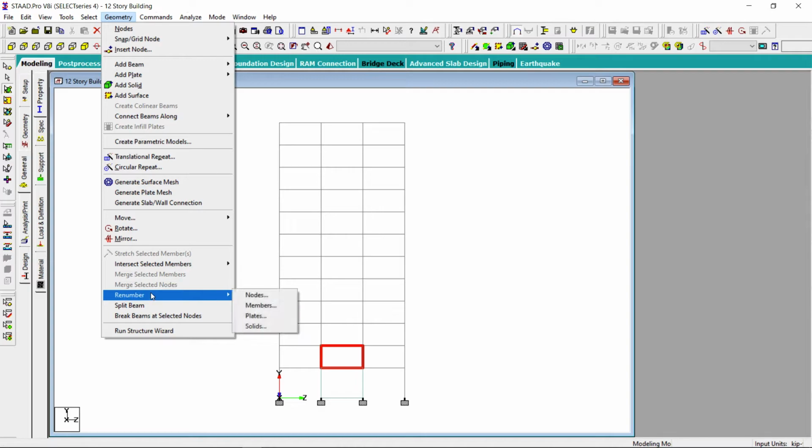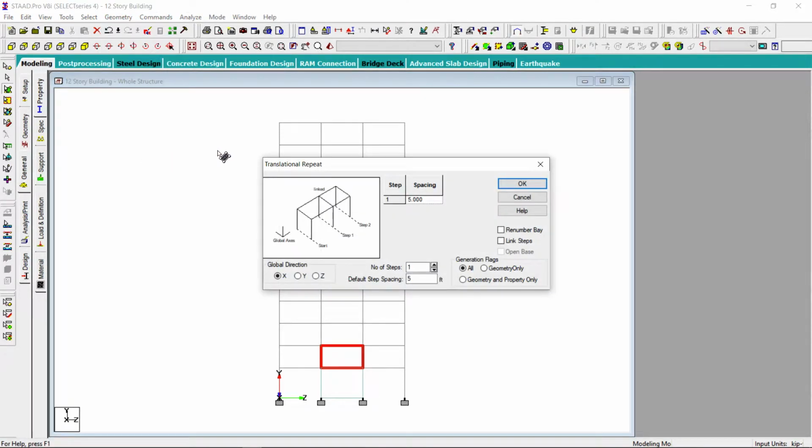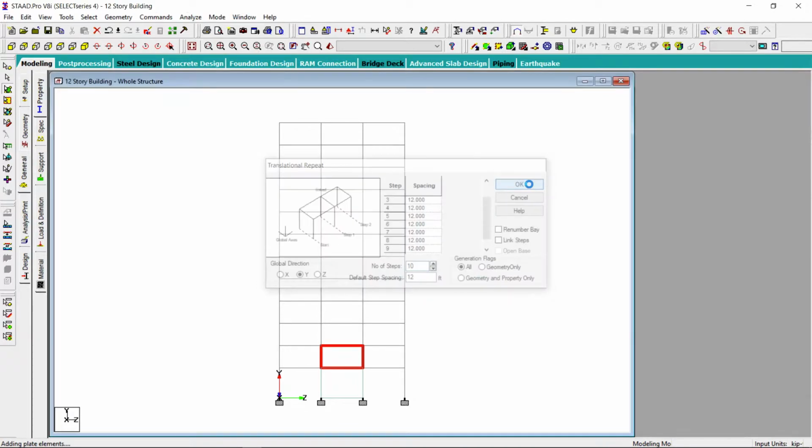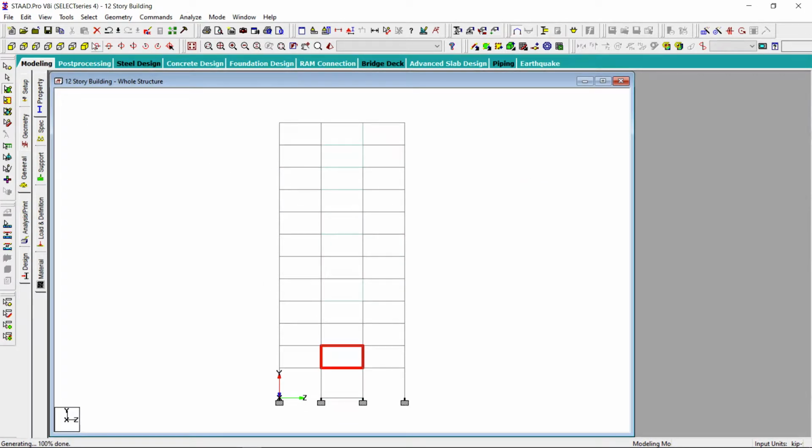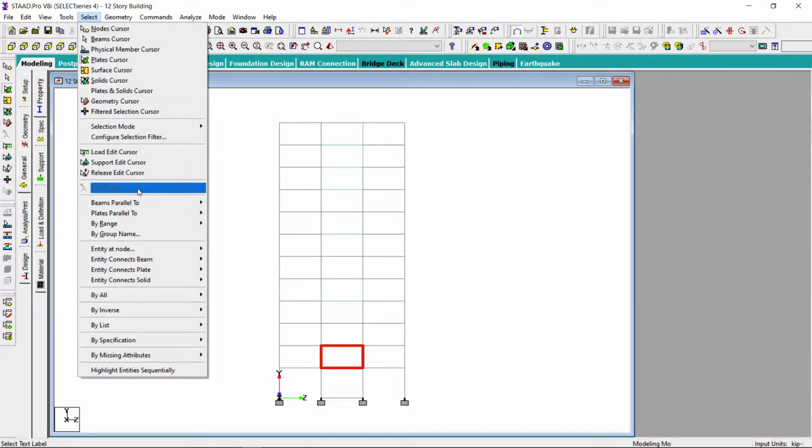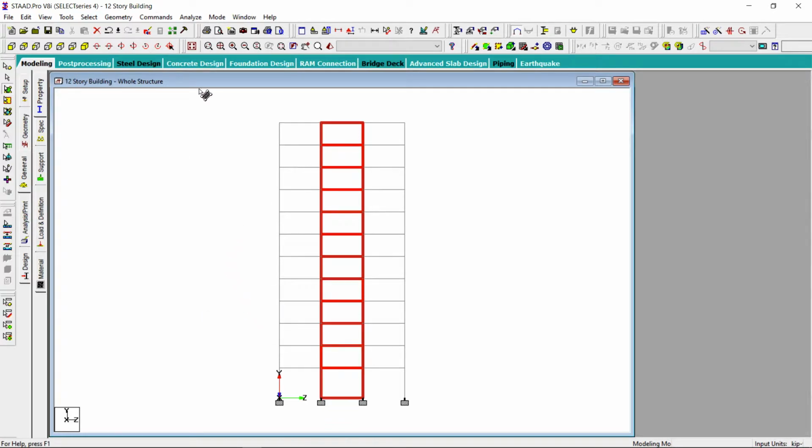Let us generate translational repeat in y direction at 12 feet interval. There should be 10 and more. Okay, let us select all plates. So here are the plates,